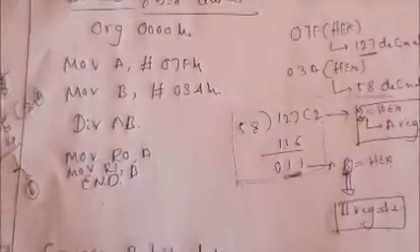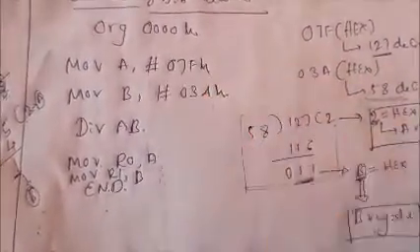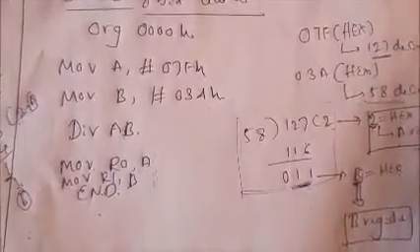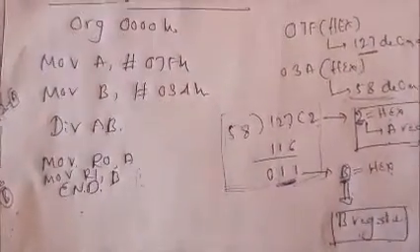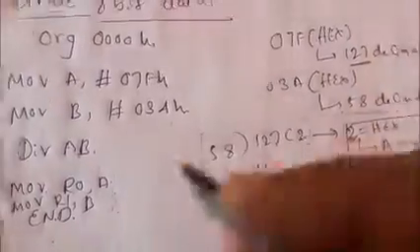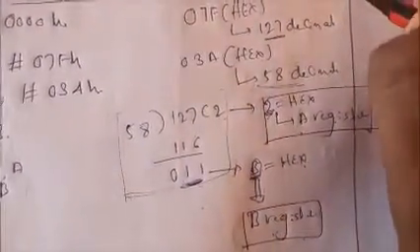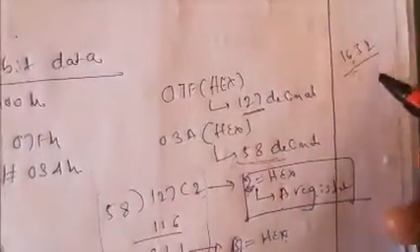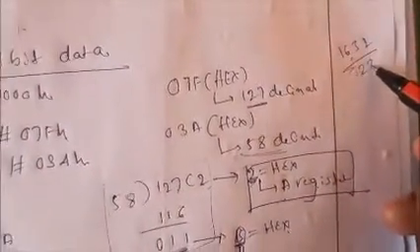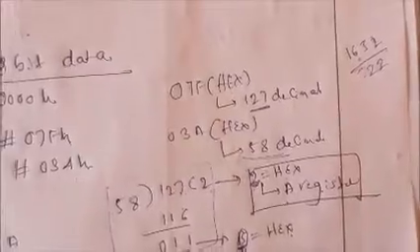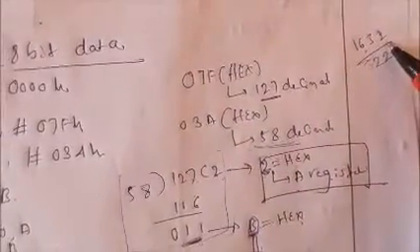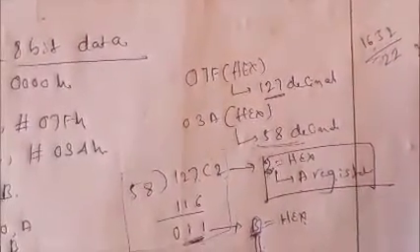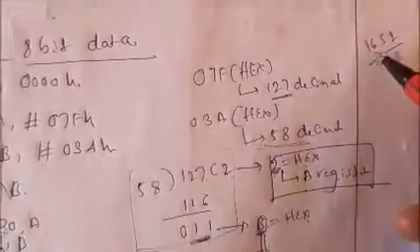Is it clear? Whatever you are writing here is only 8-bit data. 8-bit data is nothing but a 2-digit number by a 2-digit number only. And one more thing I will tell: consider an example, 1632, this is the numerator, divided by, say, 22. If you try to execute this type of example, what will happen? Any ideas?